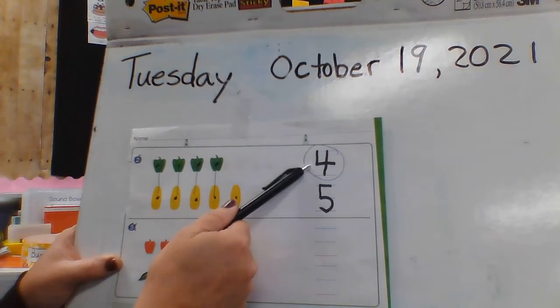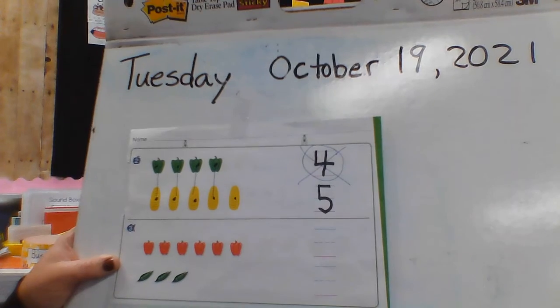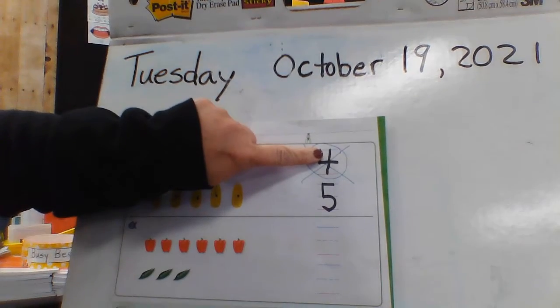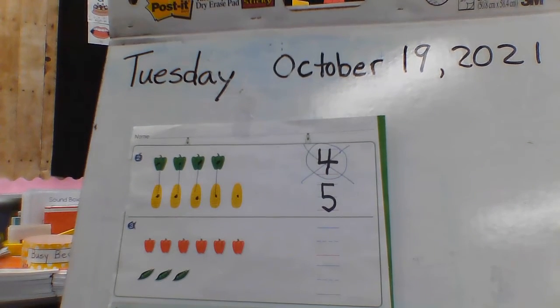And I know I circled it, but the directions actually say to put an X over it. So there you go. Put an X over the number that is fewer or less than, and it is 4. Copy me, everyone. 4 is less than 5. All right, and so for number 3,